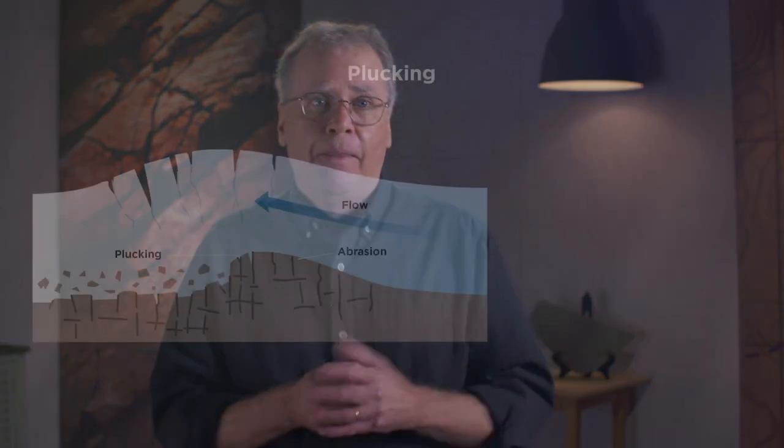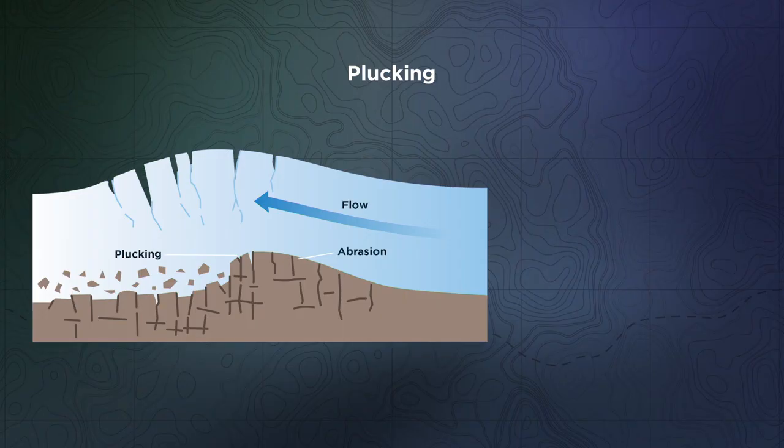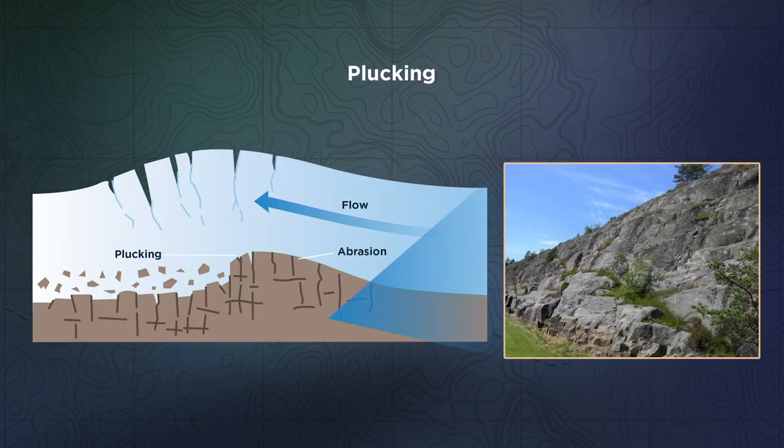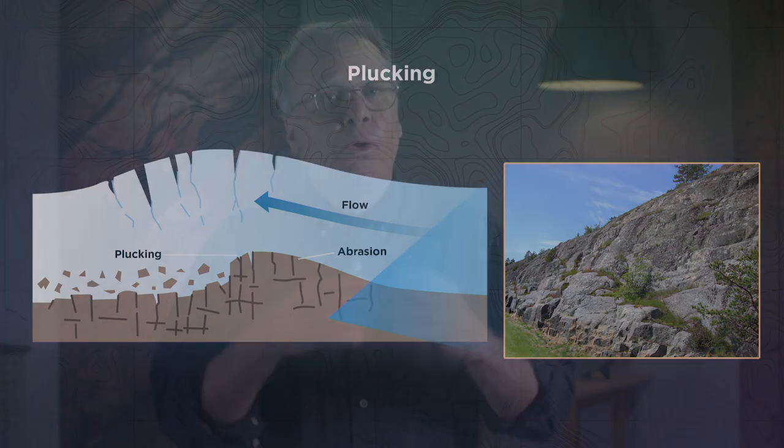In addition to abrasion, there are other ways that glaciers erode. The glacier can freeze on to subglacial material and pluck it. Individual boulders in glaciers can fracture the bedrock, and the pieces are incorporated into basal ice. Or pre-existing rock fractures can be exploited when meltwater refreezes inside them, fracturing them even further. Glacial erosion features occur on scales from the microscopic all the way up to the scale of an entire landscape.